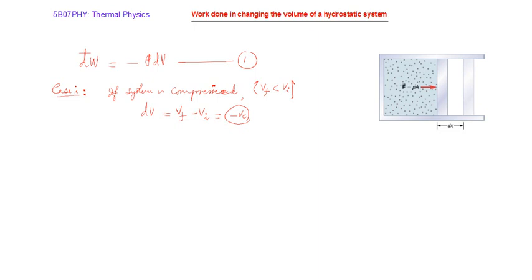So when dv is negative, what does equation number 1 tell you? And that is the interesting thing. What is equation number 1 telling you? d bar W is equal to,